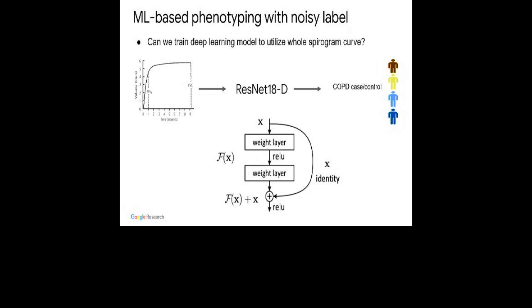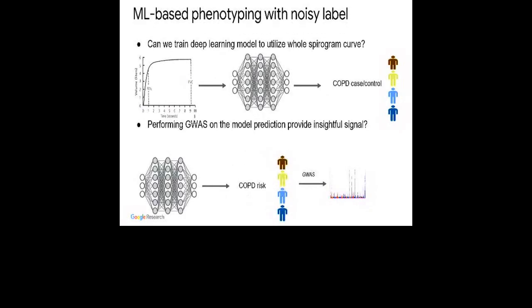So we trained this model. We performed the same concept and applied it in UK Biobank. Now UK Biobank has spirograms for all the individuals, which is great because you have 500,000 individuals with genetic data and spirometry, and you can create a risk score for COPD. And we run GWAS. But before I show the GWAS result, the first thing we have to do is check